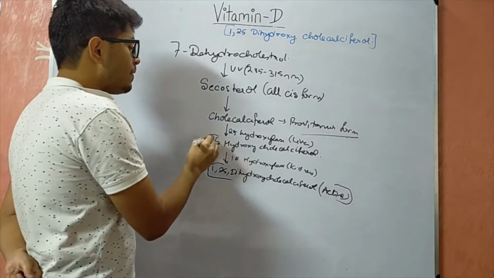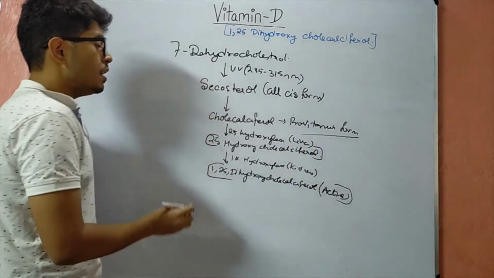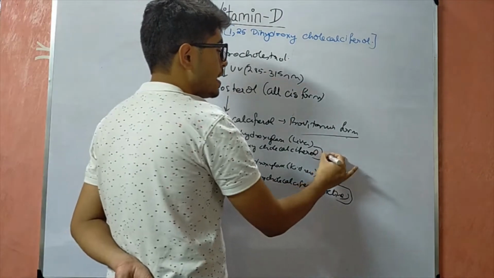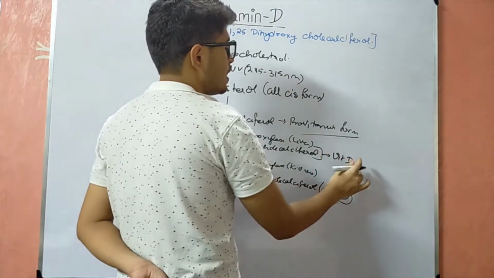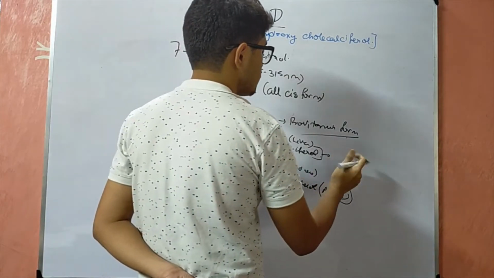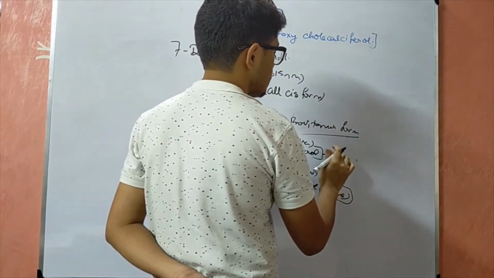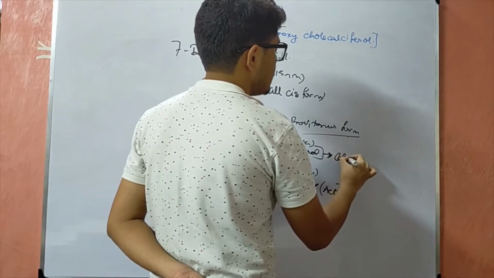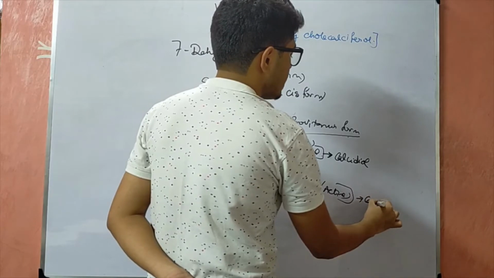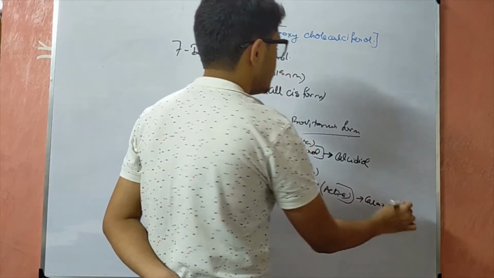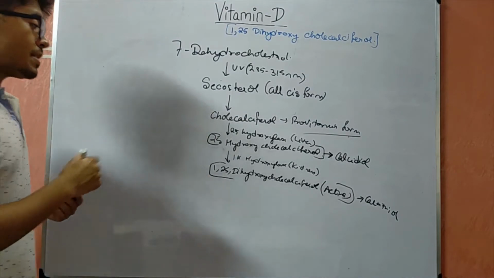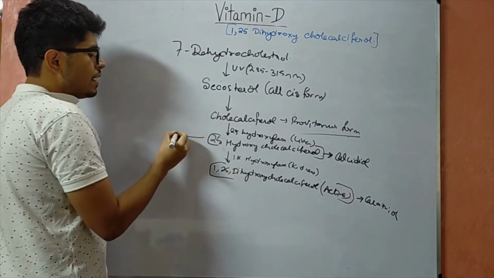Now this 25 hydroxycholecalciferol is also called calcidiol, and this is known as the calcitriol. This calcidiol, if the vitamin D needs to be stored inside the body, in the liver itself will be